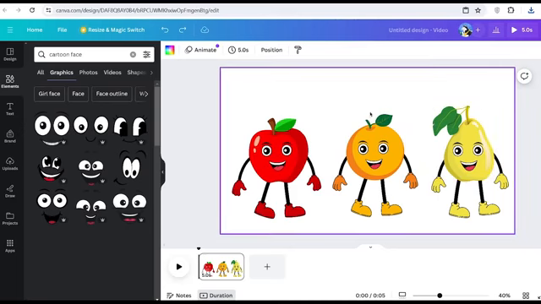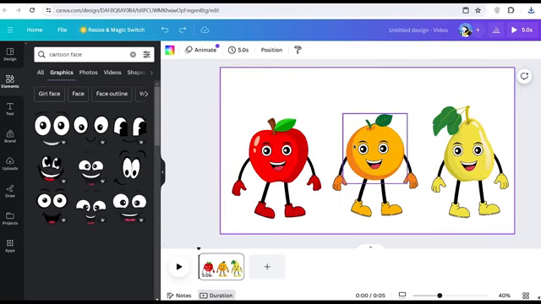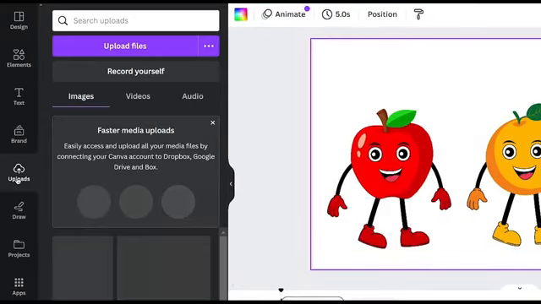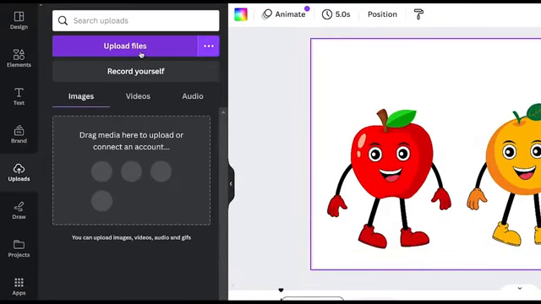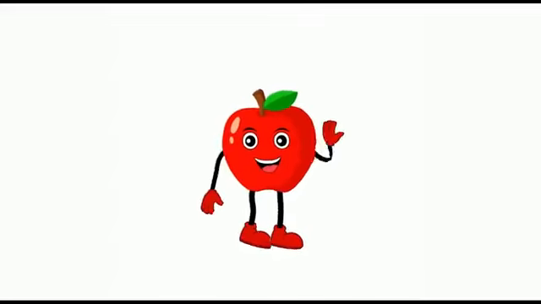In order to do the final step, you need to come back over to Canva in the same section where you generated the characters, because what you're going to do now is put everything together to generate your amazing animation. So the first thing you would need to do is click onto where it says Uploads and upload all the files that you just downloaded onto Canva. So that will be the voiceovers and then the animations.